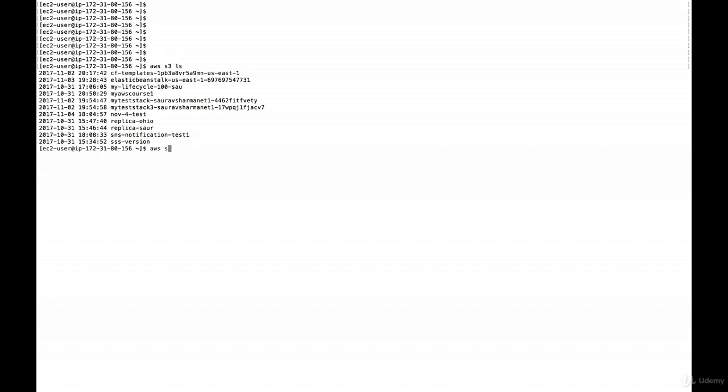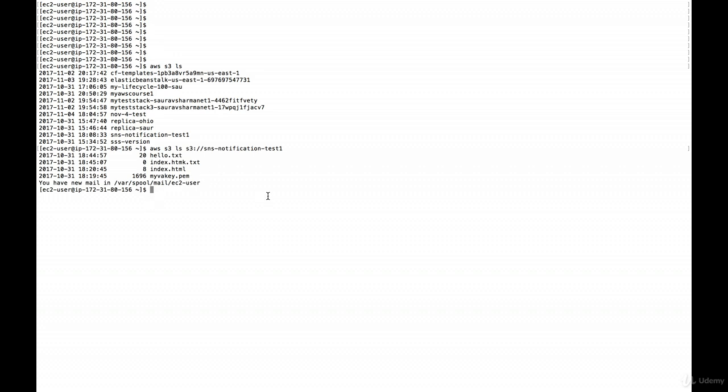So aws s3 ls, I'm going to say s3:// name of the bucket. All right, so those things are inside the bucket. So not only can I list the name of the buckets, I can go inside and list the objects of the bucket. Now we're going to do something more